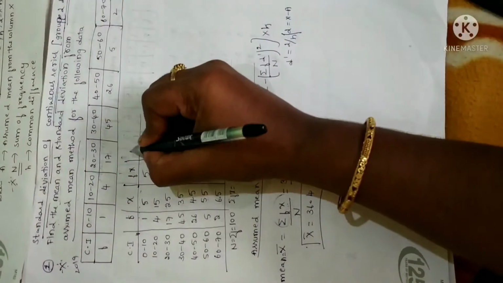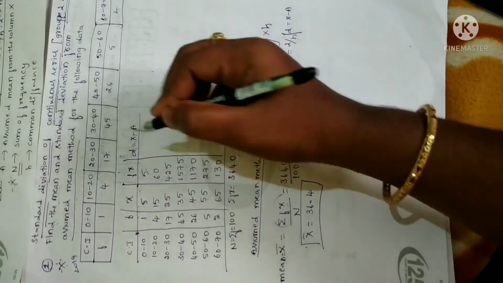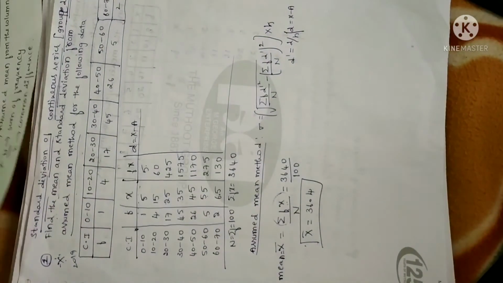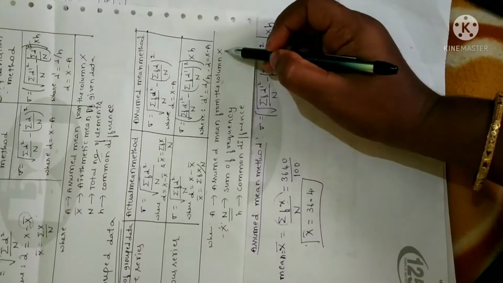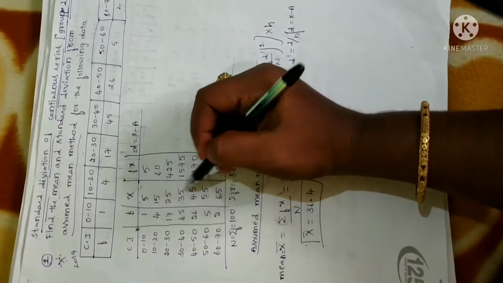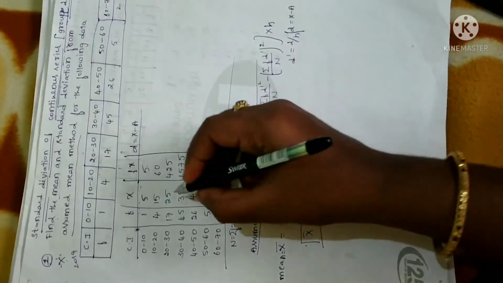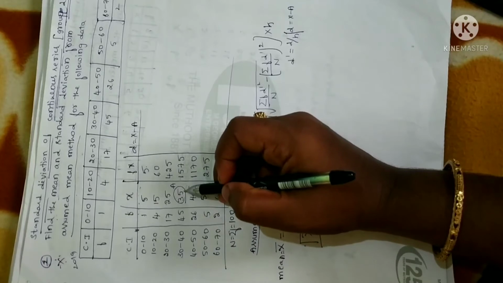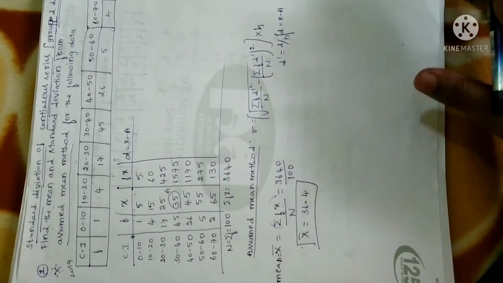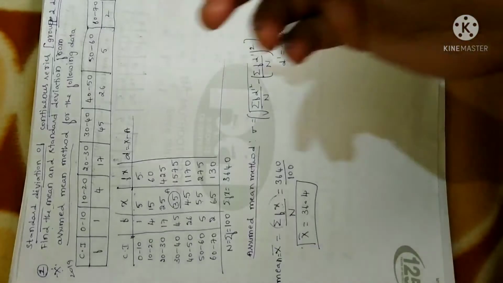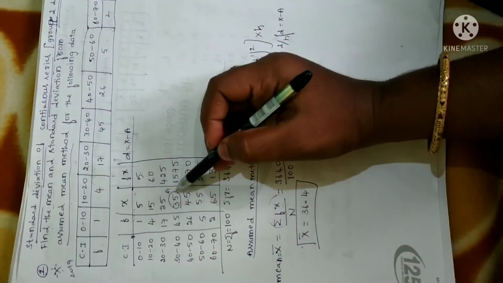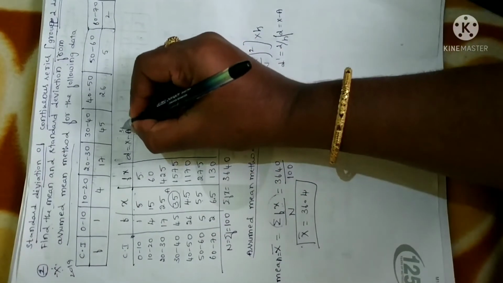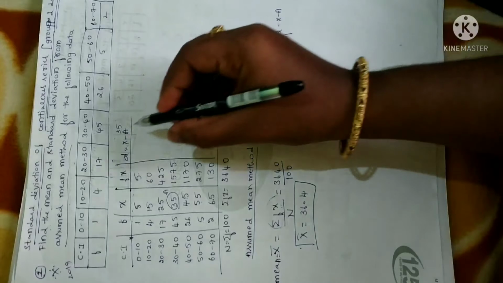First let me calculate the d value. d will be x minus a. For that I have to assume the mean from the column x, and you have to remember that a, the assumed mean, we have to assume from the column x. That is also mentioned in the formula list. So look at the x column where we have to assume the mean. Let me assume 35 as the assumed mean. It is your wish. Either you can assume 45 or you can assume 35. You will get the same answer only. But usually what we do is assume a middle value. Here 35 and 45 are both middle values, among which you can choose any value that you want. So I have opted for a as 35.